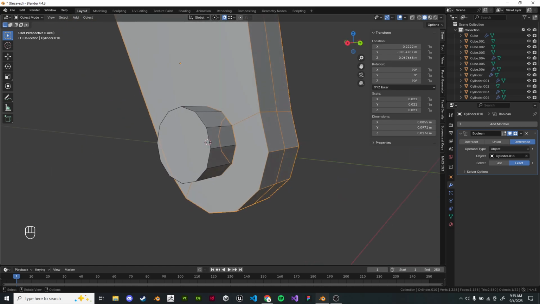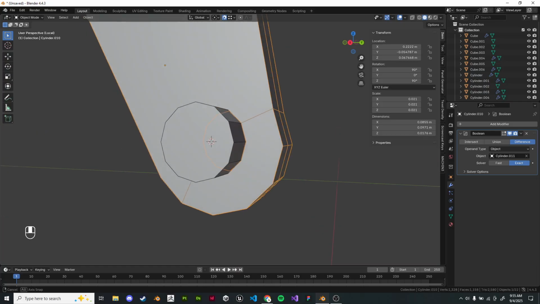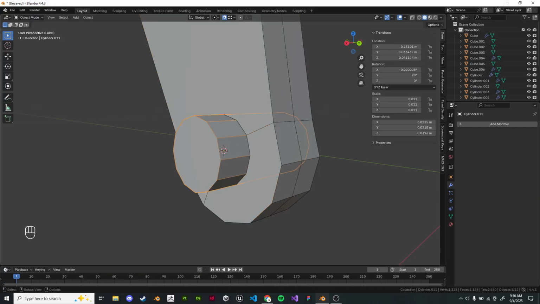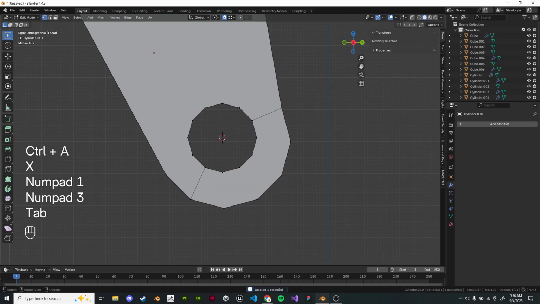We're still blocking out-ish. There'll be more advanced booleans later that we don't want to apply that we're just using for details. For example, a speaker grill. Good luck applying that. It's not going to happen. You're only going to do that on a high poly. So we're not going to worry about that kind of thing right now. But because this is a big part of our high poly, I'm going to just immediately apply it so we have that geo to work with and delete this, and now it's cleaner. So we can clean this up